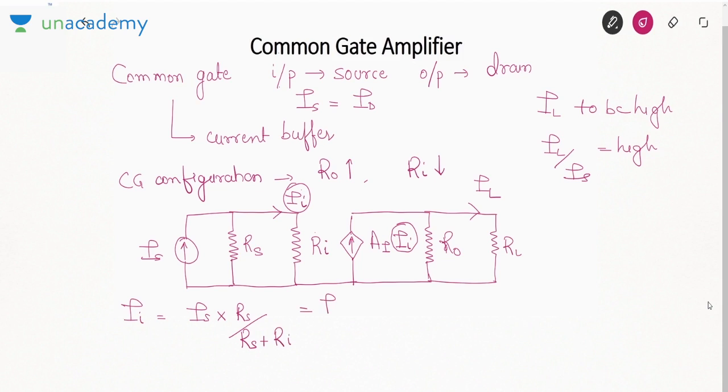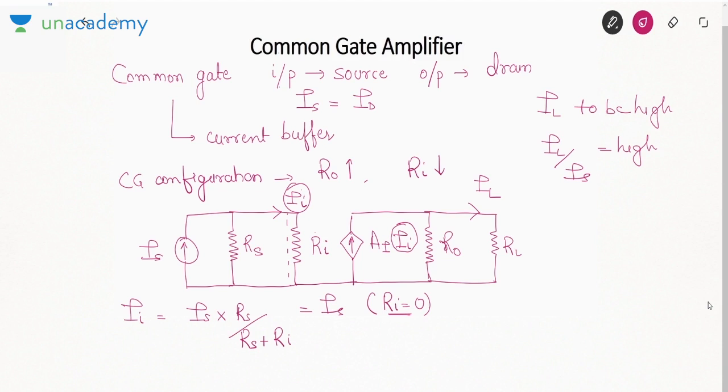It is equal to IS when Ri is 0. That means if this branch was shorted, the entire current will go as II. So ideally, input resistance should be as small as possible for a current amplifier so that maximum current enters the